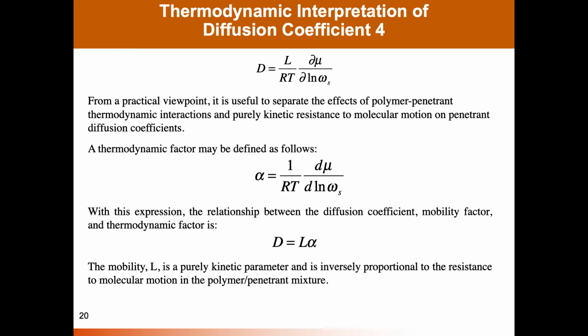And so the thermodynamic factor, alpha, is defined often in the literature as just the piece of the diffusion coefficient that is related to thermodynamics. And so you can write that the diffusion coefficient depends upon a mobility factor and a thermodynamic factor. Now, often, again, this thermodynamic factor changes little with penetrant concentration, for example. And so we typically discuss diffusion coefficients as changing mainly because of changes in the mobility in their environment. And I'll show you one example, though, where that is not the case, and where this formalism helps us understand